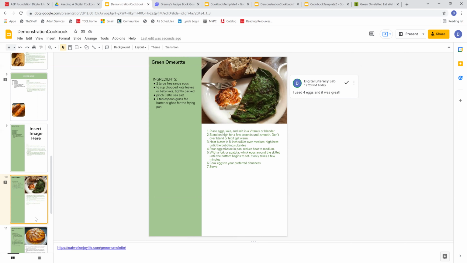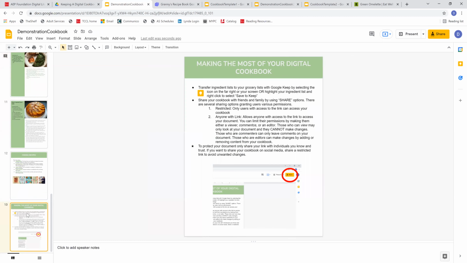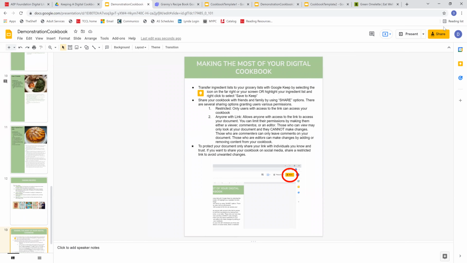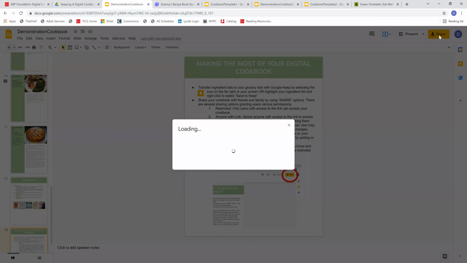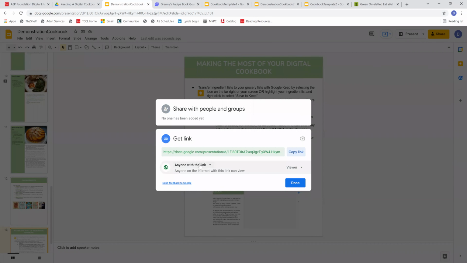Now I'm going to talk about how you can share your cookbook, since I've mentioned it so much. Google Slides has a lot of sharing capabilities, and you do this by selecting this button right here. And you'll see this is the Digital Literacy Lab's Gmail account, and I am the owner of this cookbook. But if I wanted to share this with someone, there are a few options that are important to know the